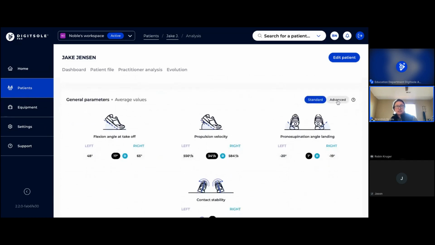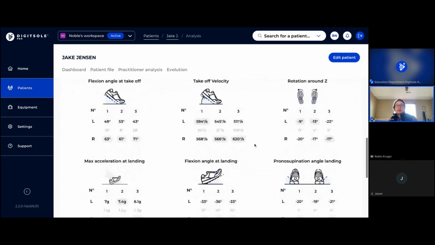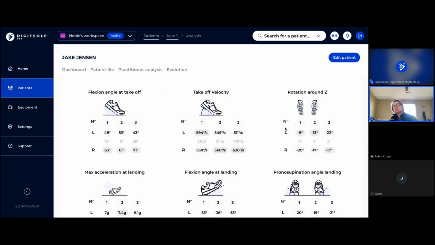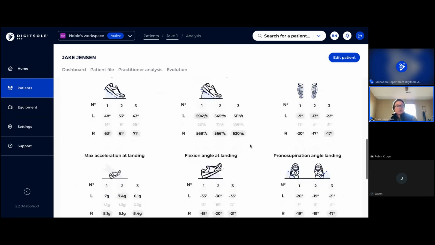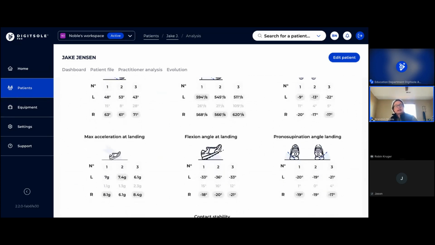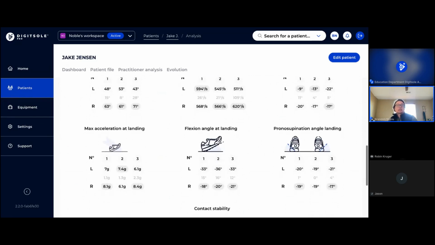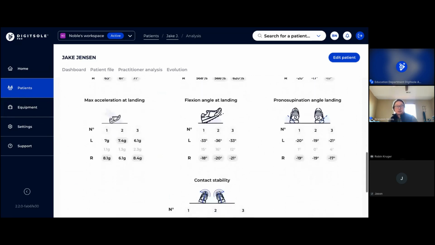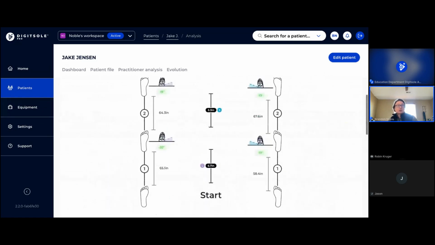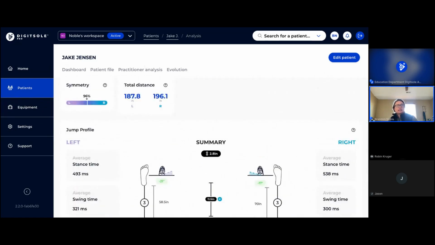If I toggle on advance, there's one other key piece that you're getting into these single leg jumps, which is rotation around Z-axis. Fantastic feature that you're not able to typically measure any other way. And again, some of these other ones like max acceleration at landing, flexion, contact stability, and pronation, supination. Okay, so this is a quick look. We'll take a look at one other one, and that is going to be our